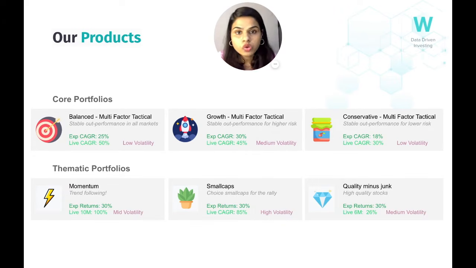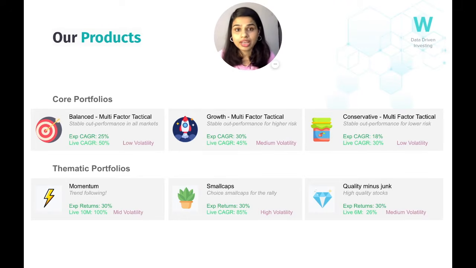Apart from the core portfolios, we also have thematic portfolios. In the thematic portfolios, we invest into themes, right? So in India, one of the most strong and well performing themes is momentum or trend following. So we have a trend following momentum portfolio that does really well, and we have a full dedicated portfolio for this one. Second portfolio that we have is the small cap portfolio, where we invest into smaller stocks, and smaller